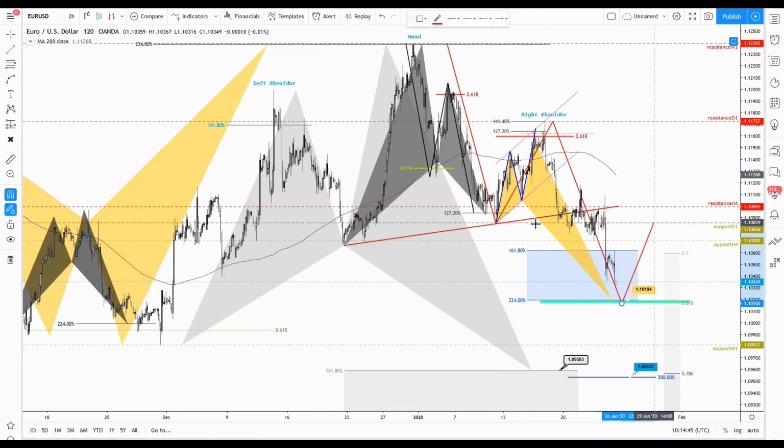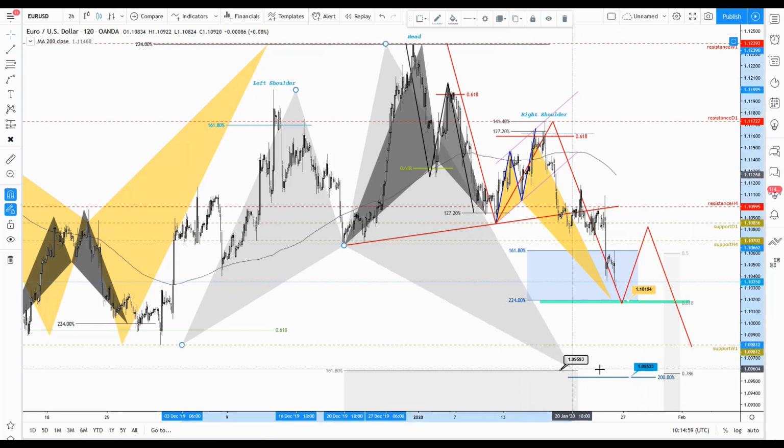So I will not ignore a retest of this previous support, and then eventually rejecting and trading above to form the fifth wave, which can put the price very close to the default projection for the head and shoulders, and eventually forming this major bullish shark pattern also at the 168 extension projected at